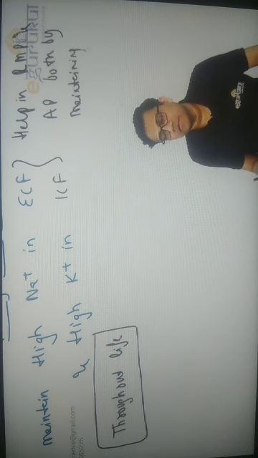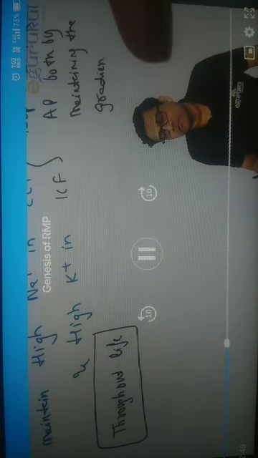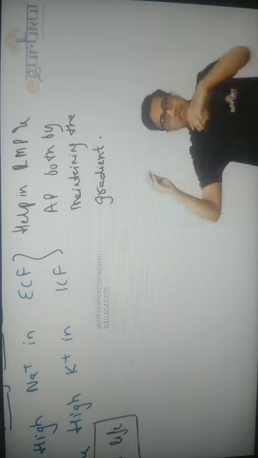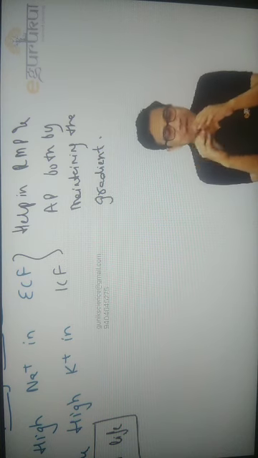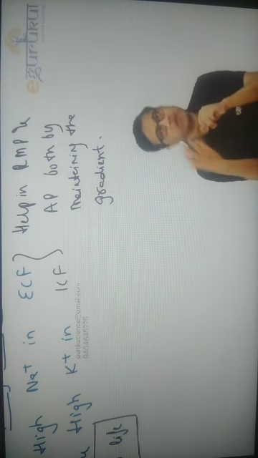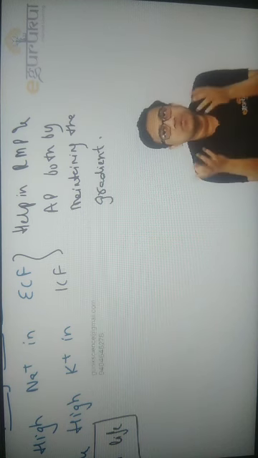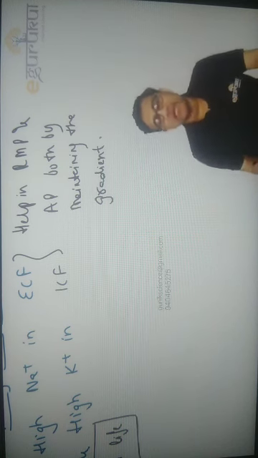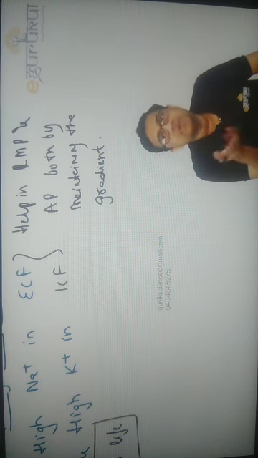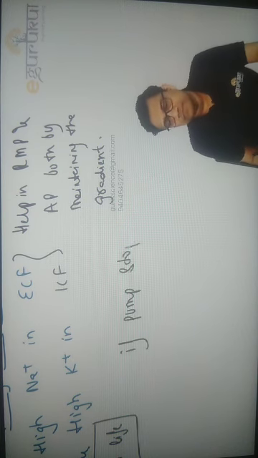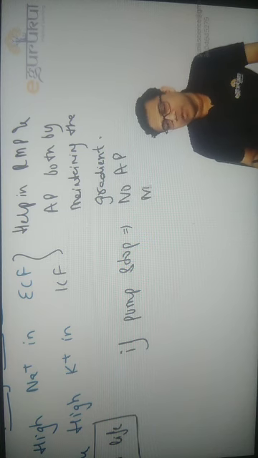By maintaining the gradient. So if the sodium potassium pump stops working, the gradient will dissolve. For example, a neuron is not getting enough blood, so ATP is not being formed. Initially it will pump sodium out, but then it will stop pumping sodium out. When you give a stimulus, sodium comes in, AP. After a few APs, there will be no gradient left. The sodium will be equal inside and outside. The AP will stop, and there will be no RMP also. So RMP will become zero and AP will be abolished.